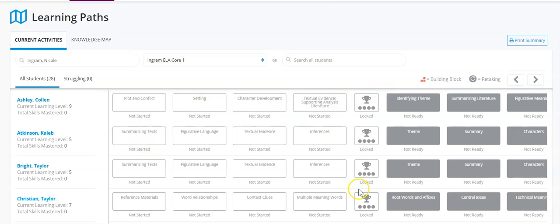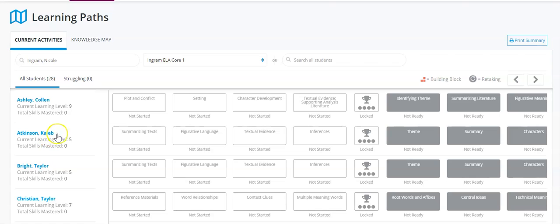This allows you to see the skills that they were given to start off at this point in their learning path, followed by the progress check that they can do once they have completed all the elements of these skills. So no matter what you teach, you can see where the student is,